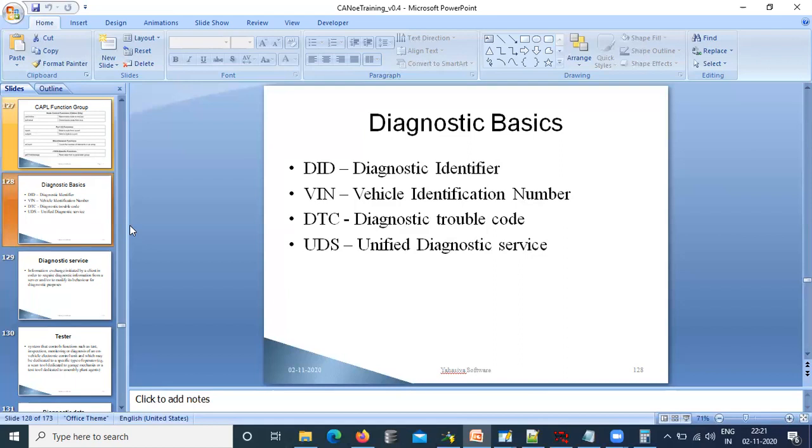See, in this S3 server, the tester present is used in such cases. Tester present is a 3E service. We need to keep it active. It will always be active. If not, it will enter the default session. When tester present is active, the S3 server, the extended session and programming session will work. If there is no tester present, the ECU will go back to the default session.